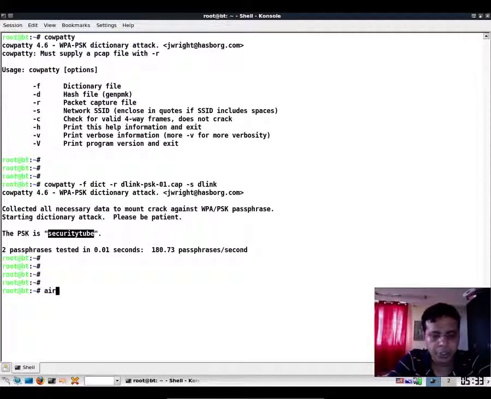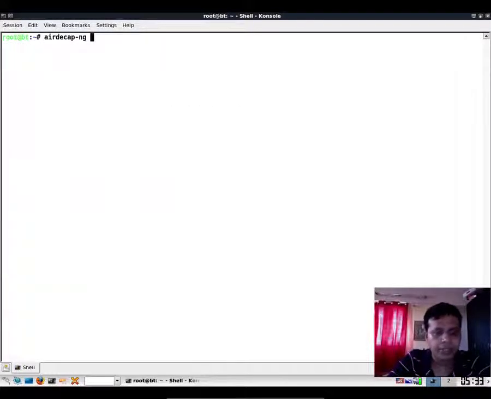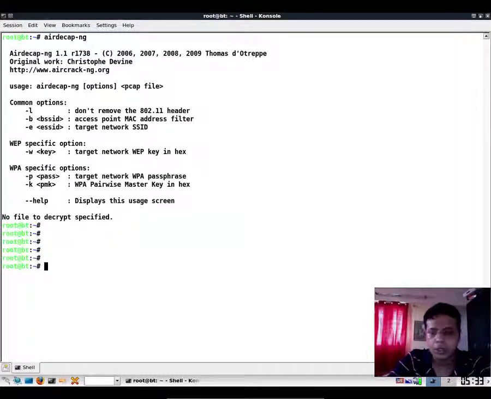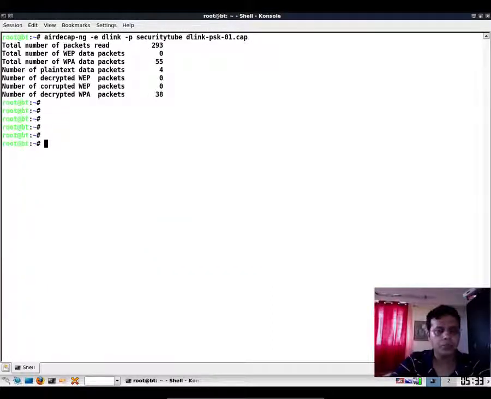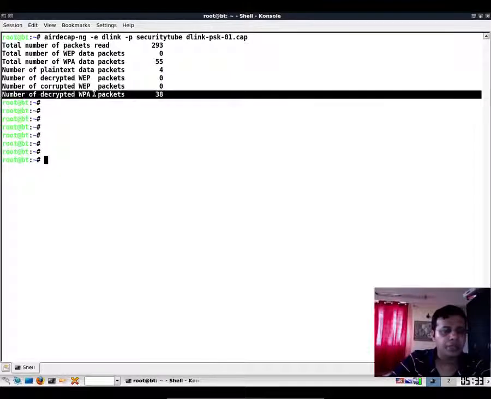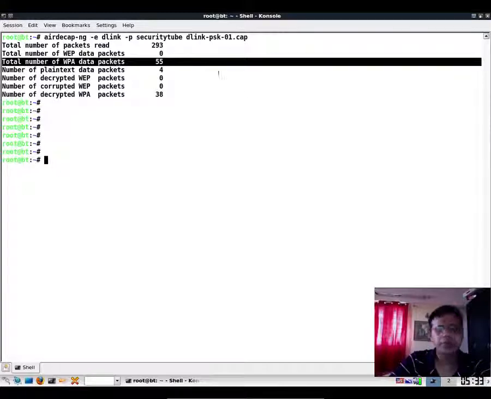I'll just try and show you something with the command line, which is our old friend airdecap-ng, right? So with airdecap-ng, we can mention the network SSID, which is D-Link, the passphrase which we just cracked, which is securitytube, and then last but not the least is the actual file, which is this, right? So if you notice, the number of decrypted WPA packets is 38, and the total number of WPA packets was 55. Well, there were also other access points, so maybe those additional data packets are from those access points,